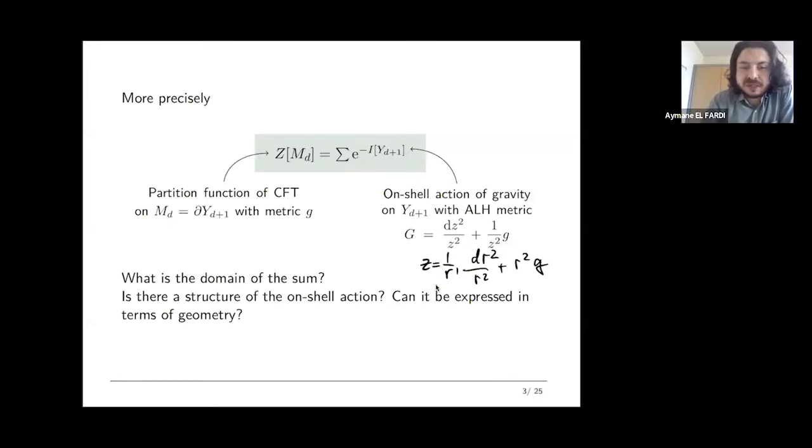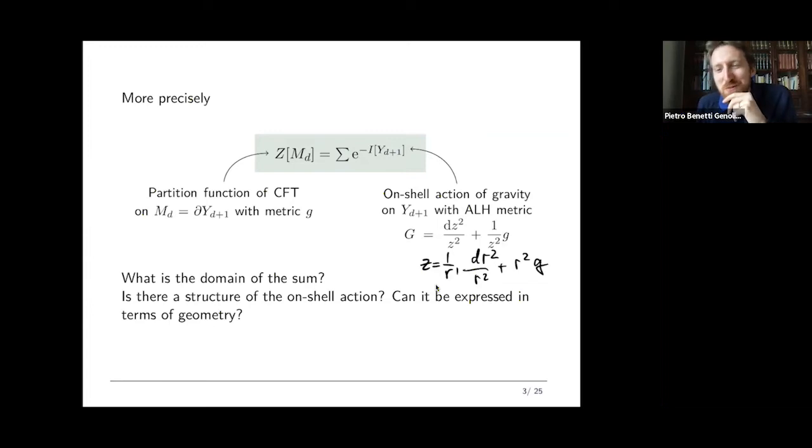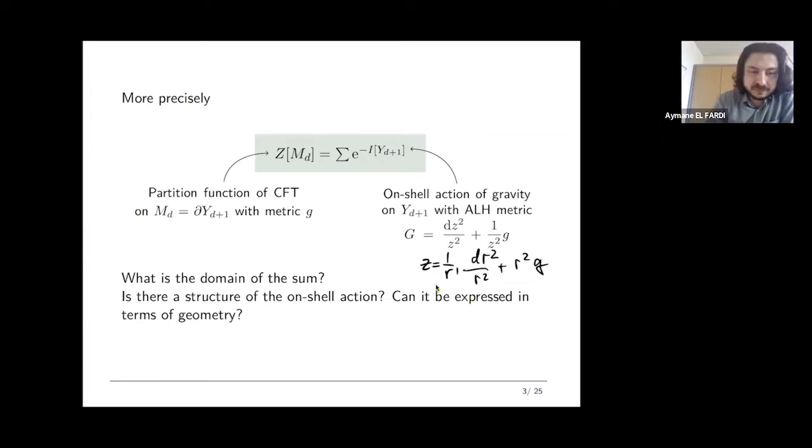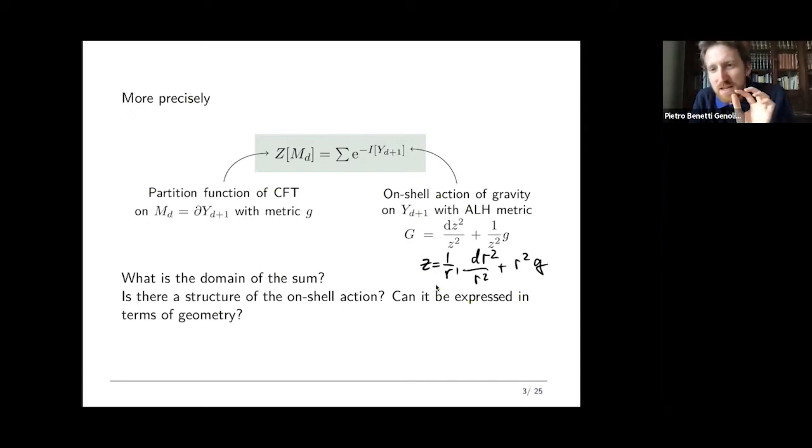Yes. So the domain is finite or infinite? So that's a very good question. We have no idea. So in all the known cases, in the cases where you can do this equality and check it explicitly, in the semi-classical approximation, there is usually one saddle point that contributes at the leading term. However, I'm going to show you at the very end that